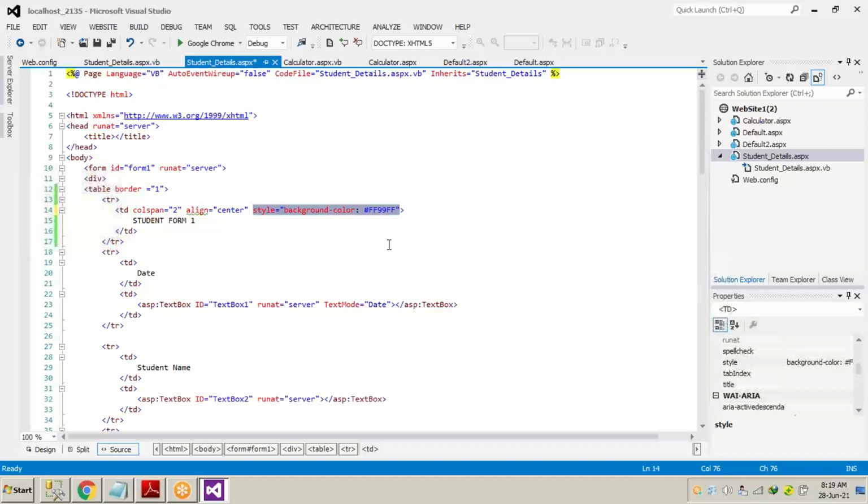We just select the background color, and practically we just select the color and the HTML code is being written by itself. Or else, if your HTML is very good, you can just go on and write the HTML code also. But we have selected the style form, and as we did, the entire HTML got printed on the TD. We expanded the column, aligned the column in center, and added a background color with this color.